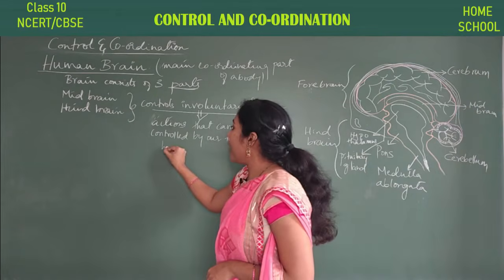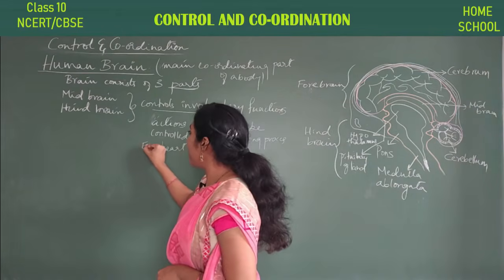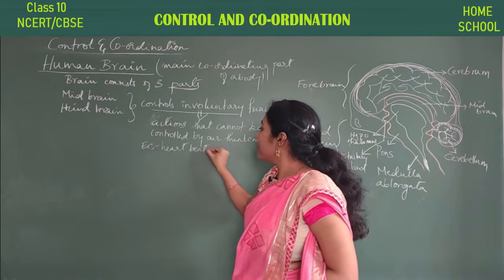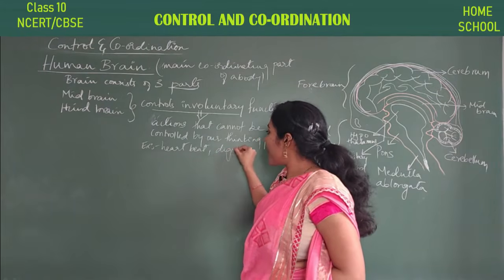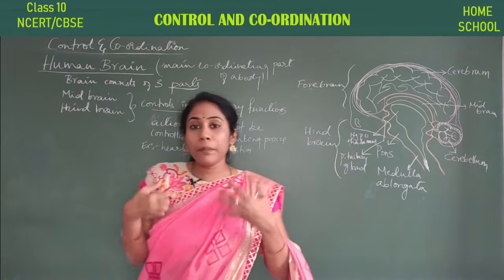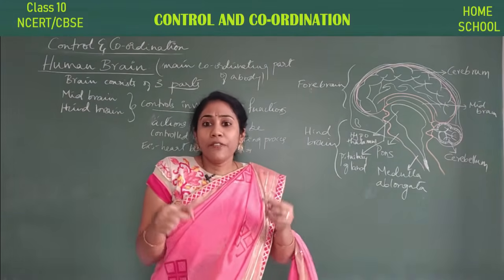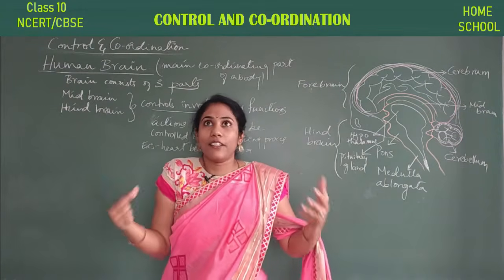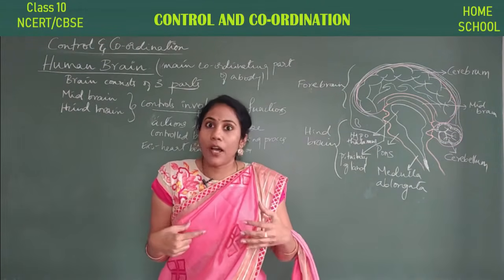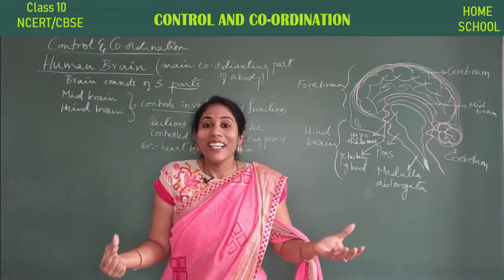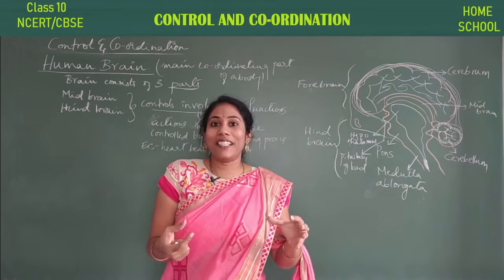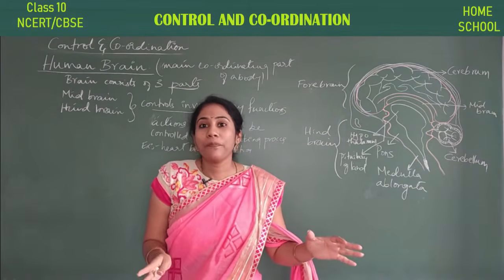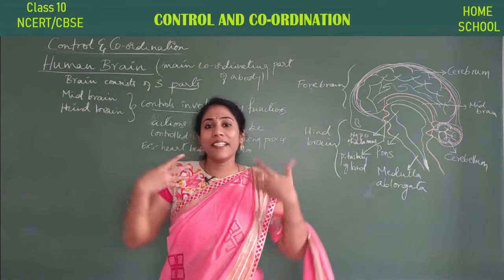Say, for example, heartbeat. I'm giving examples of involuntary functions, guys. Example: heartbeat, and digestion, which is happening inside your body. The heartbeat beats every second. Say you are thinking that your heartbeat has to stop. Will it stop if you think about it? No, right? So it is not under your thinking ability. Your thinking power is not doing that process. It is not in your control. It's happening automatically within your body.